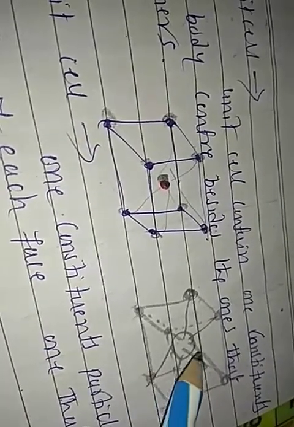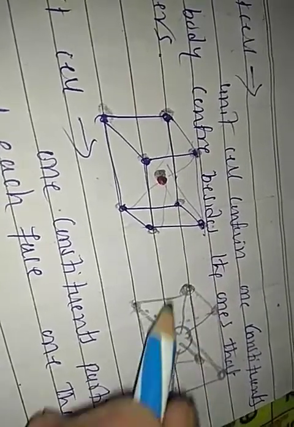It cannot be lying down. It is the central part of the room, and it is connected with the thread. The thread is connected to each corner. So that is the body centered cell.